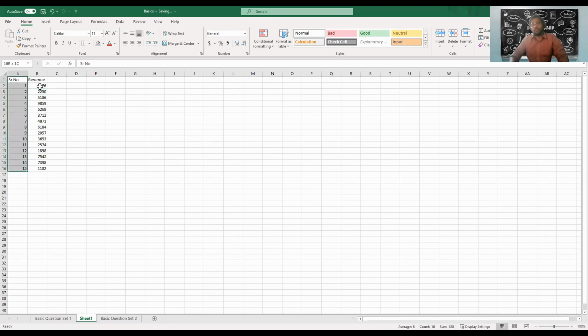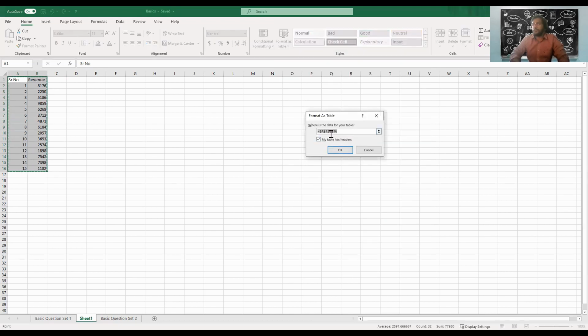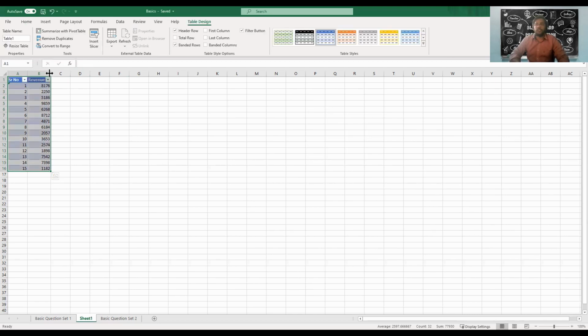To modify this, what we will do is select all this data. We will go here, Format as Table under the Home tab, and we can choose different types of options over here. Let's say I choose this, I like blue, right? Once I click on blue, it will ask me for a range. Since it was already selected, it is already populated here from A1 to B16. And if you see, this is asking us for an array, not a range actually. We'll just hit OK. Post this, the data is formatted.